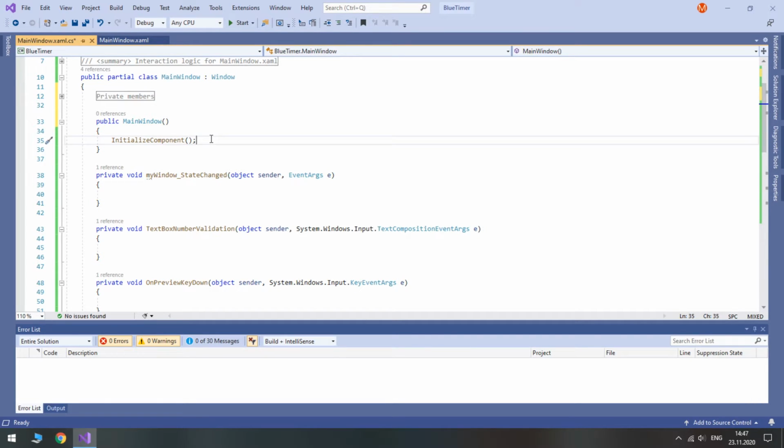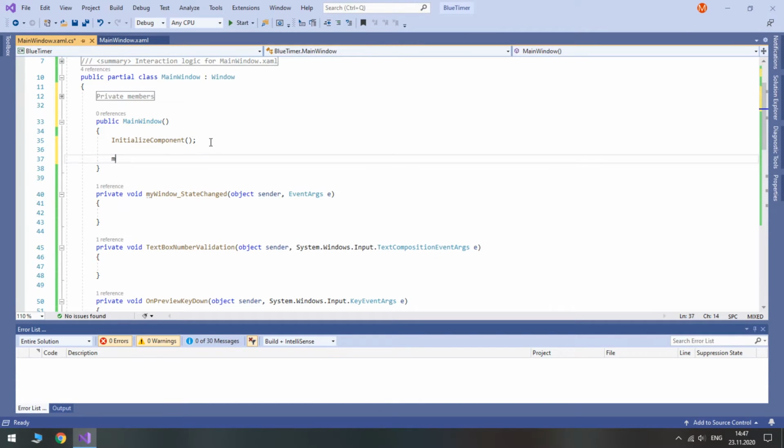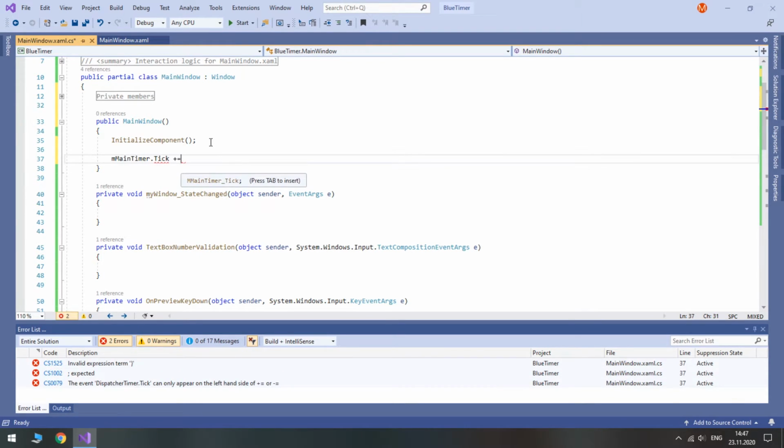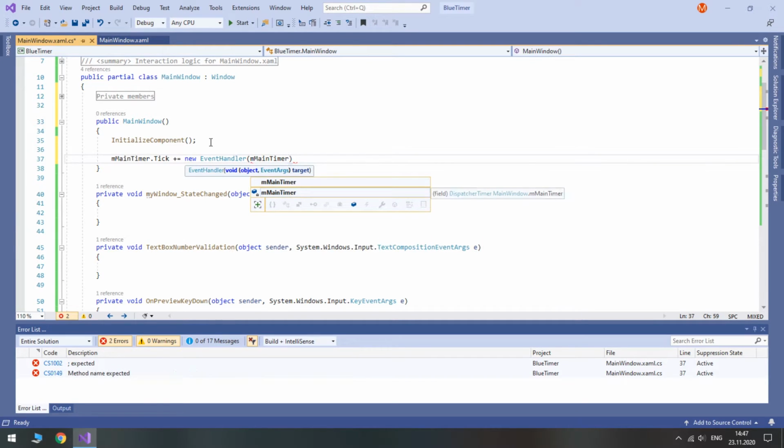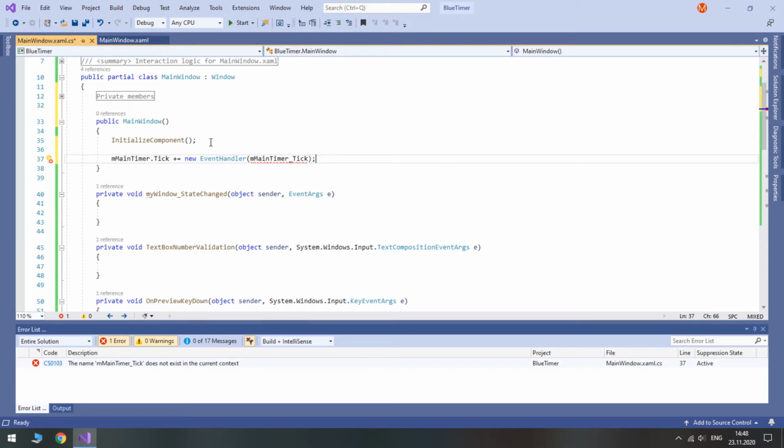When our program starts, we should set up our timers, namely the tick event and interval. Press Ctrl dot and hit enter to generate this event.